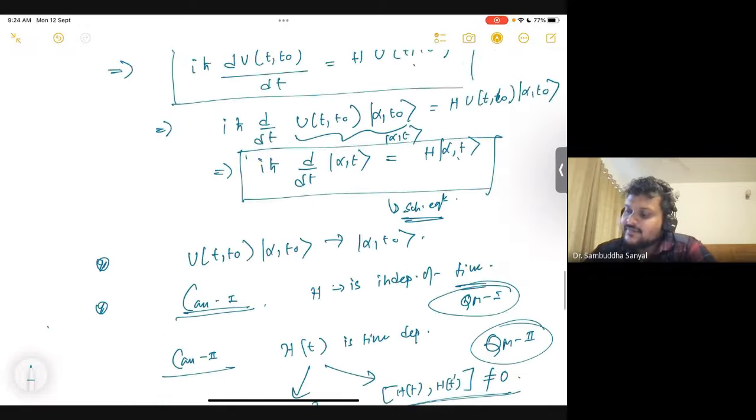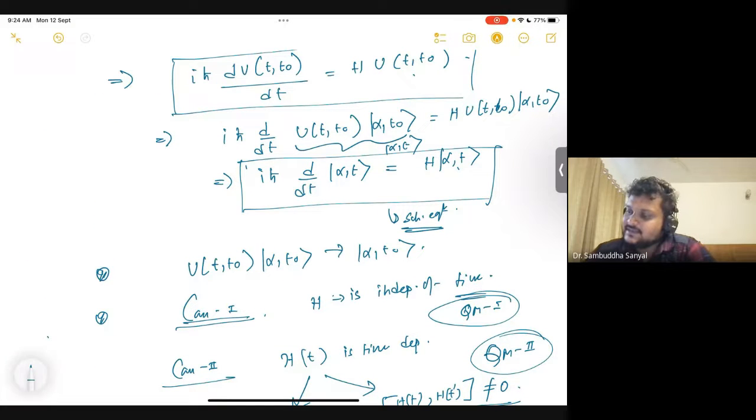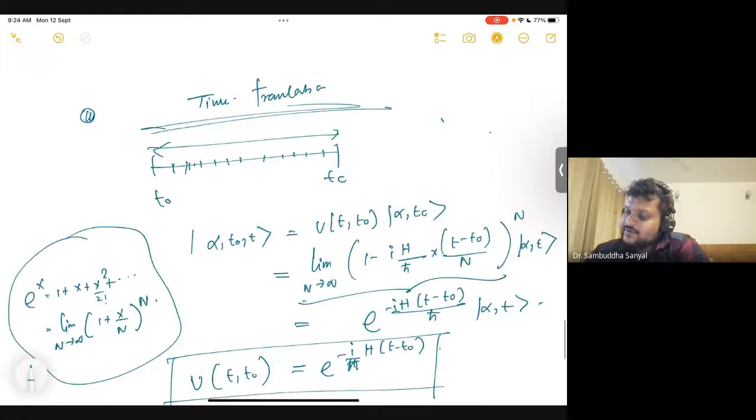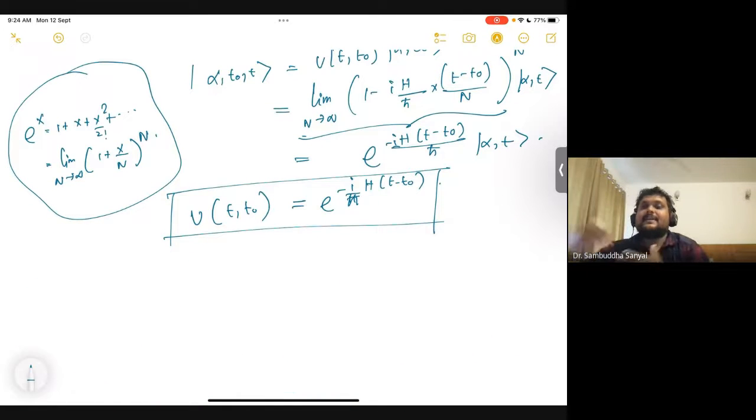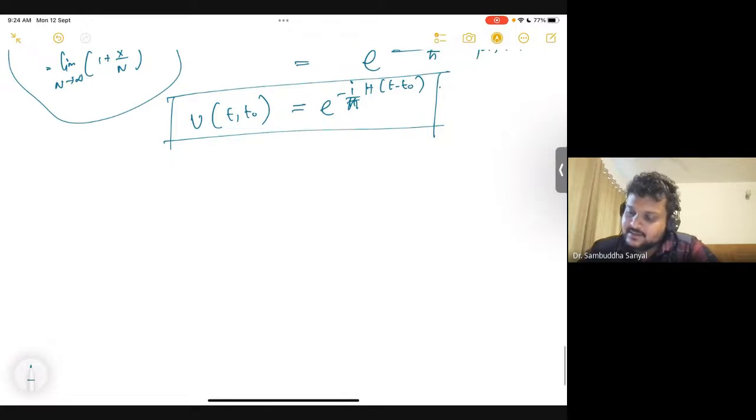So the differential form of a time translation of a state is this, that is how you connect two states which are nearby, differentially close. And if you want the full form, where there is a finite translation, not an infinitesimal one, then that is the form. Okay, everybody on the same page? Yes, sir. Very good.